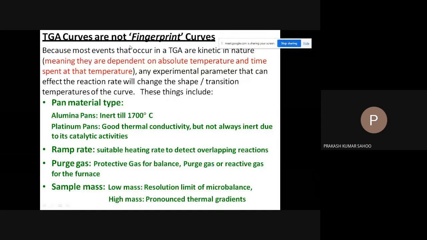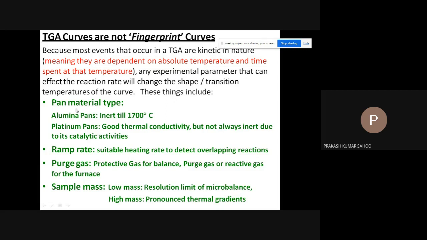So TGA curves are not fingerprint curves. That means more than one compound may have the same TGA curve, because most events that occur in TGA are kinetic in nature, meaning they are dependent on absolute temperature and time. Any experimental parameter that can affect the reaction rate will change the shape and transition temperature of the curve. So these things include